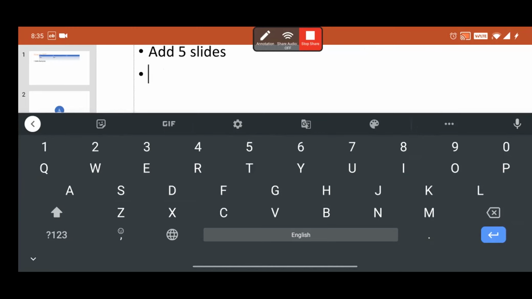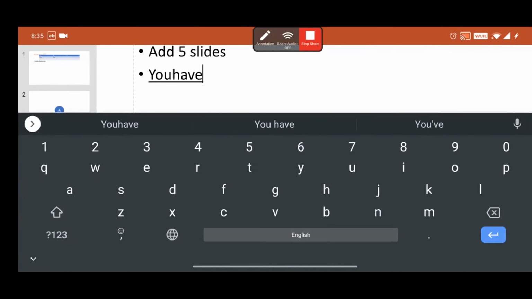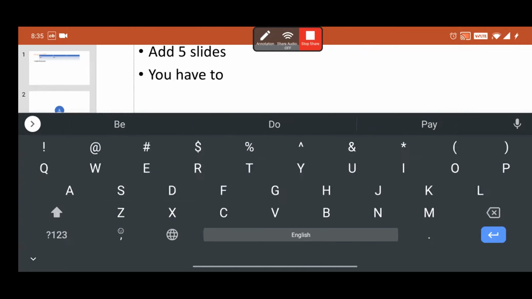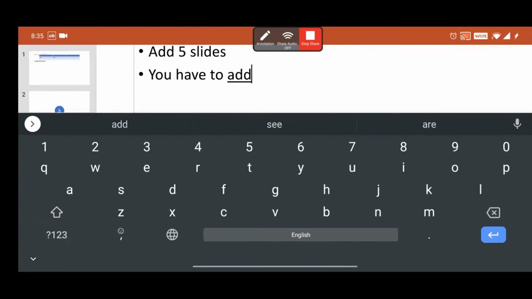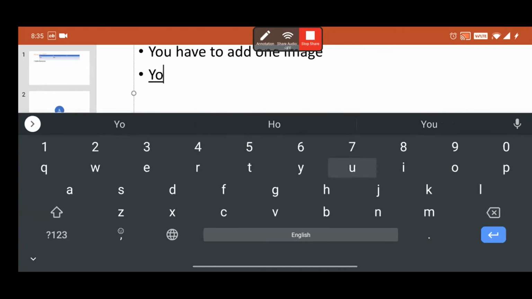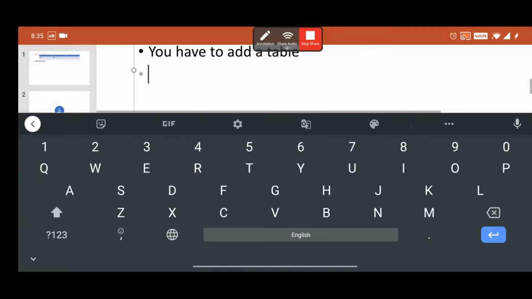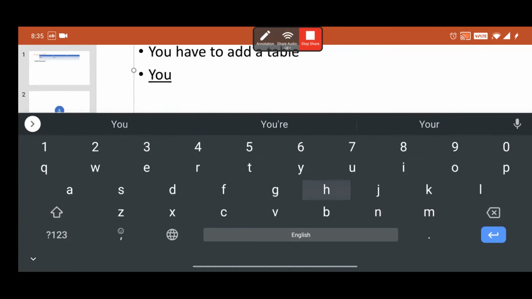Next, you have to add one image. You have to add a table. You have to add a shape.